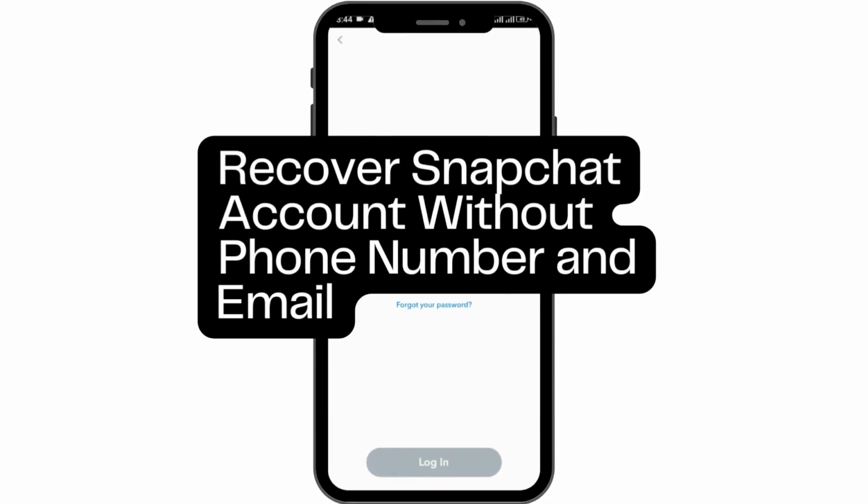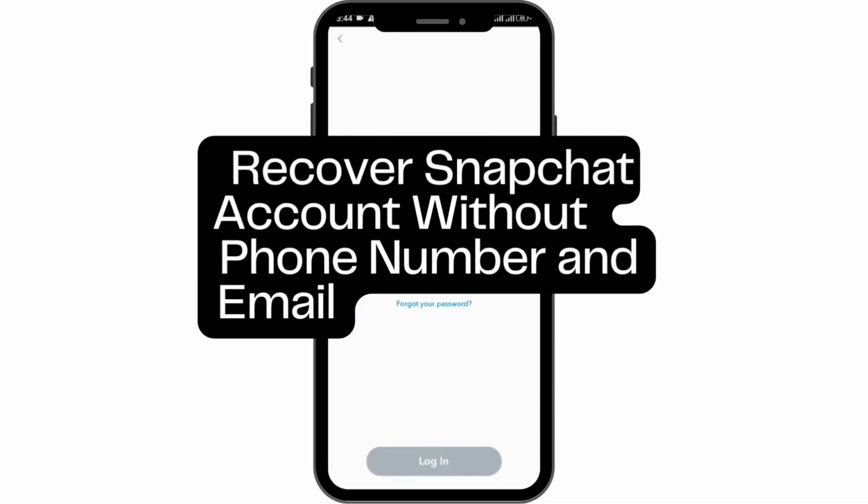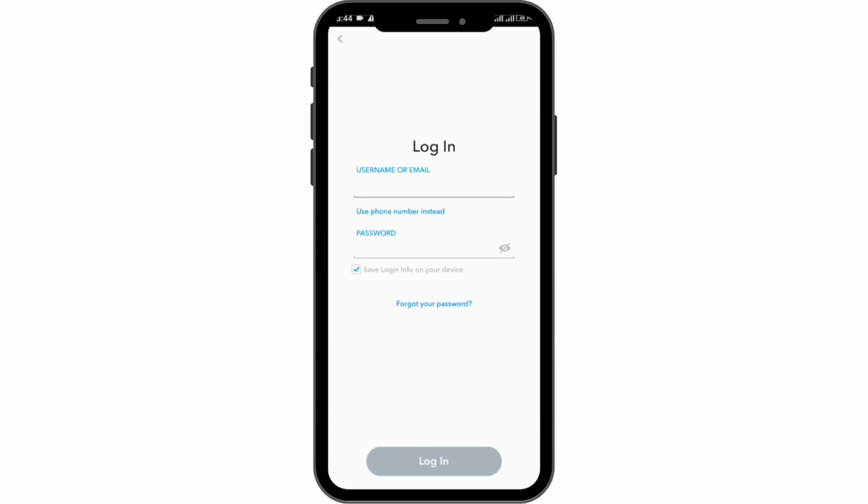How to recover Snapchat account without phone number and email. If you want to recover your Snapchat account without using your phone number and email, then this video might be